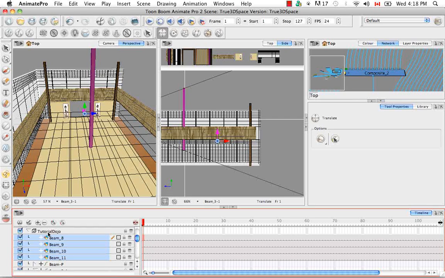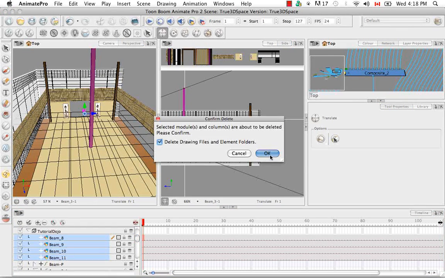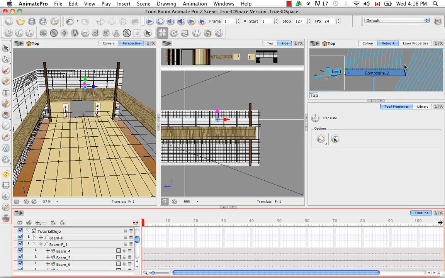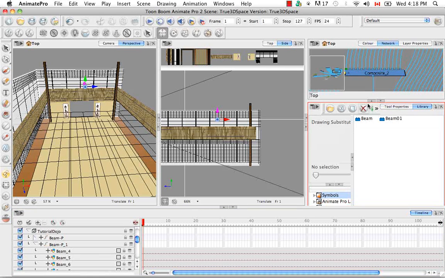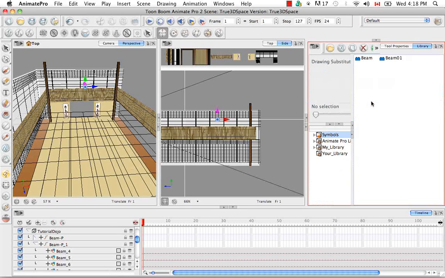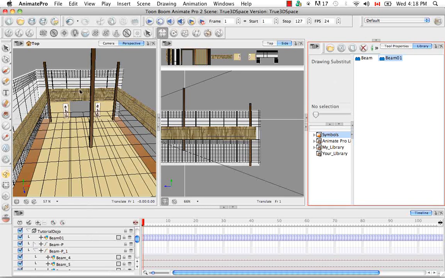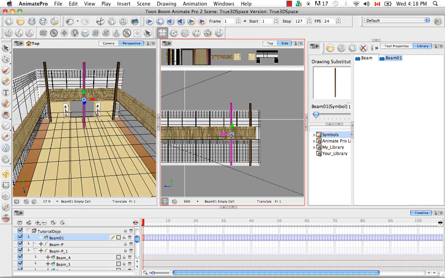And then you can just delete these layers actually. And then if we go to the library view, which we have right here conveniently, we have Beam 01 in our symbols library. So I'm going to drag Beam 01 and drop it in my timeline. And there's my beam. And then what I'm going to do is select it with the Translate tool selected, bring it down, bring it across,